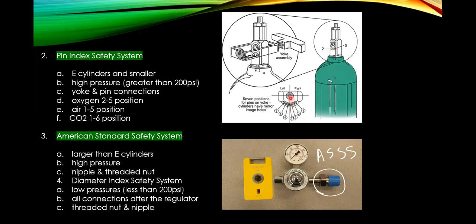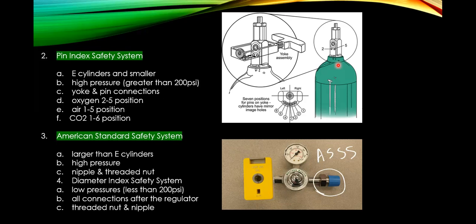You have a yoke and pins. The yoke is the screw part on one side of the cylinder, and the pins will enter the other side, properly. You have 6, 5, 4, then you have 7, 3, 2, 1. This is all of them, but each cylinder only uses certain ones. So oxygen has pin positions what? 2 and 5. So it's going to be 3 spots on this side and 1 on the other side. You screw it right in there. It's going to be lined up with the 2 and the 5 only. All right. So that's how we know oxygen is 2 and 5.